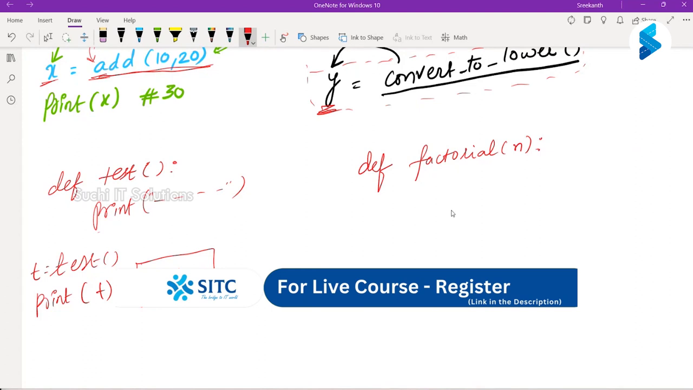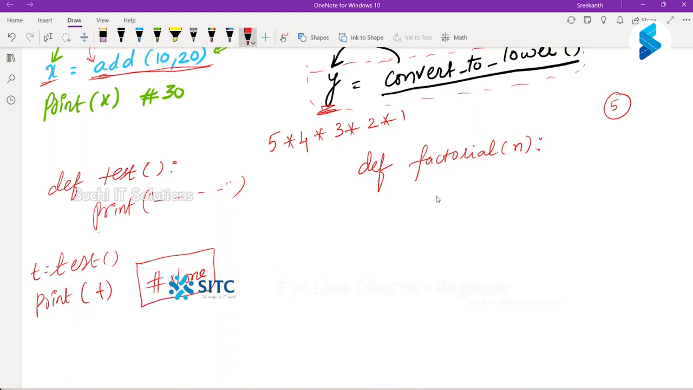Since when, till when do we have to call this function? As per this logic, 5 into 4 into 3 into 2 into 1. Right, I will have to call this function until it reaches 1. So if I'm passing 5 to this function, I have to keep subtracting one number from it, and until it reaches 1, we have to